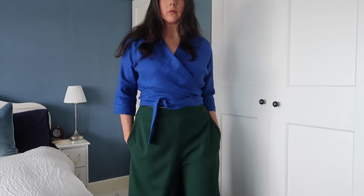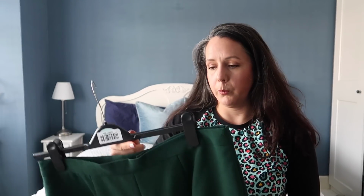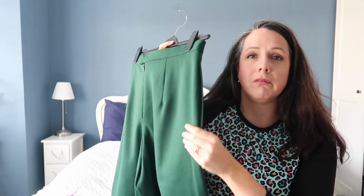So these are a little bit tight because I just made them as per my other ones, but I am hoping to shift my COVID weight, I think I'll call it, at the moment, so hopefully they will fit me a bit better. Also, they have beautiful inseam pockets here, but yeah, these are just stunning, and this fabric again is